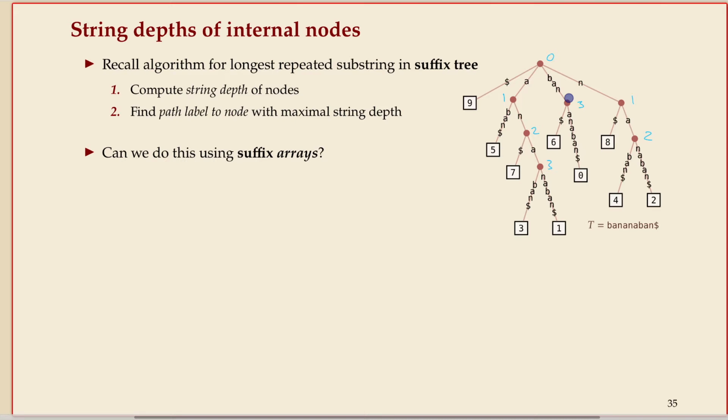Here, let's simplify the task a bit and not ask what is the repeated string, but just how long it is. And then literally just the string depth is the answer. And in this case, it was easy then to find that. But let's for now focus on just having the string depth of all these internal nodes. The suffix array doesn't give us that. The suffix array just gives us,